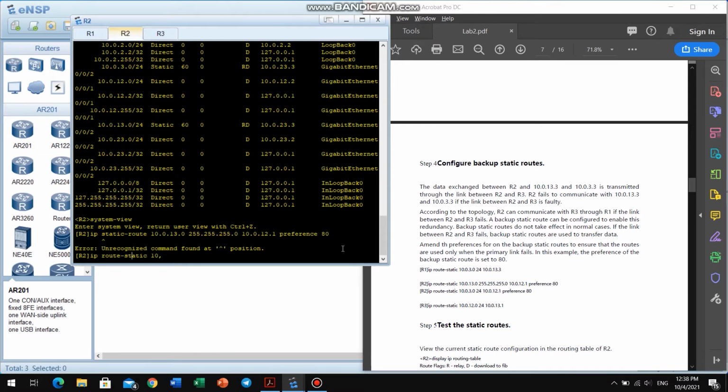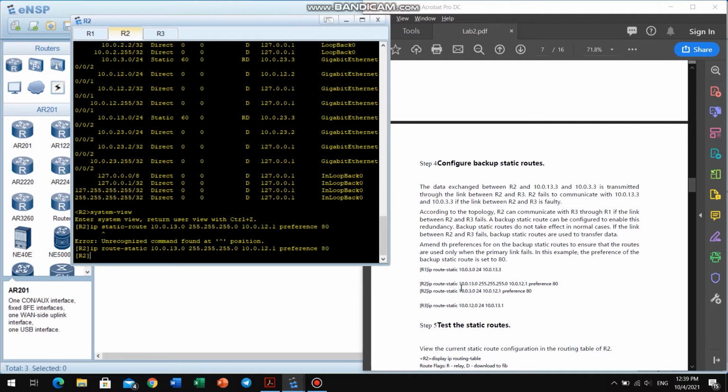Route static 10.0.13.0 255.255.255.0 10.0.12.1 preference 80, should be working. So after that we set up the next command, which is route static 10.0.3.0 24 10.0.13.1. So after that